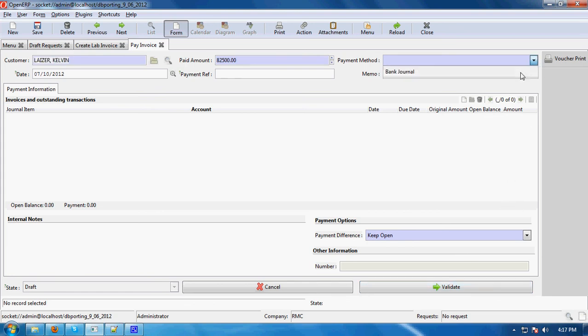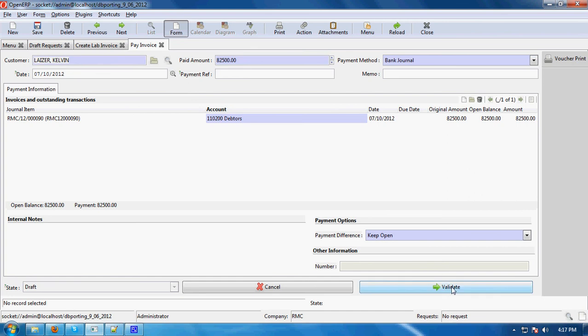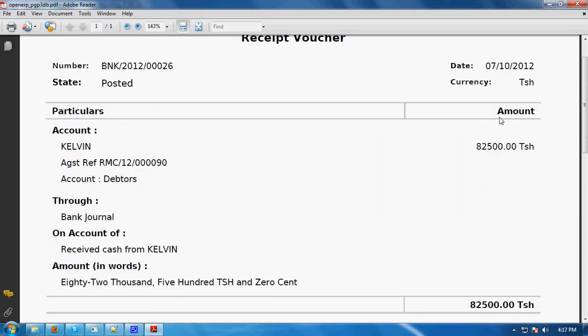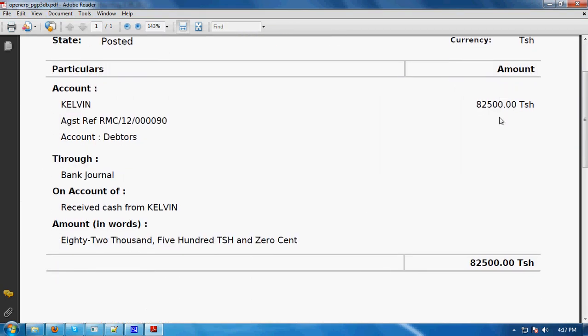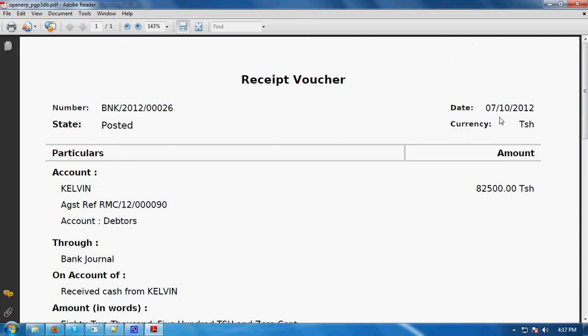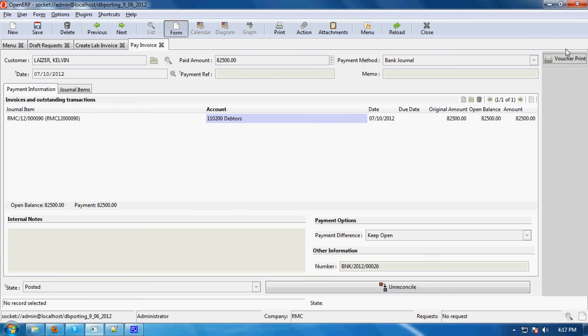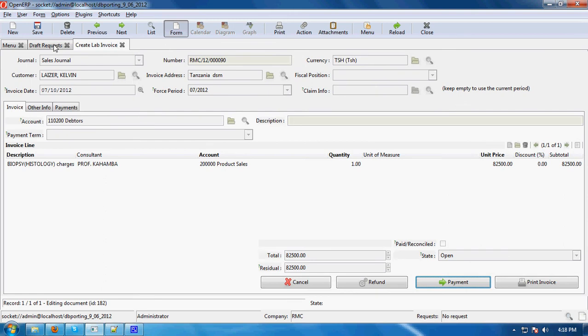Payment method bank, general, validate. You can take the voucher of this print. You can see the voucher for the patient. So this is the second process of how to create a draft request and how to create an invoice. Now for the same patient I'm going to